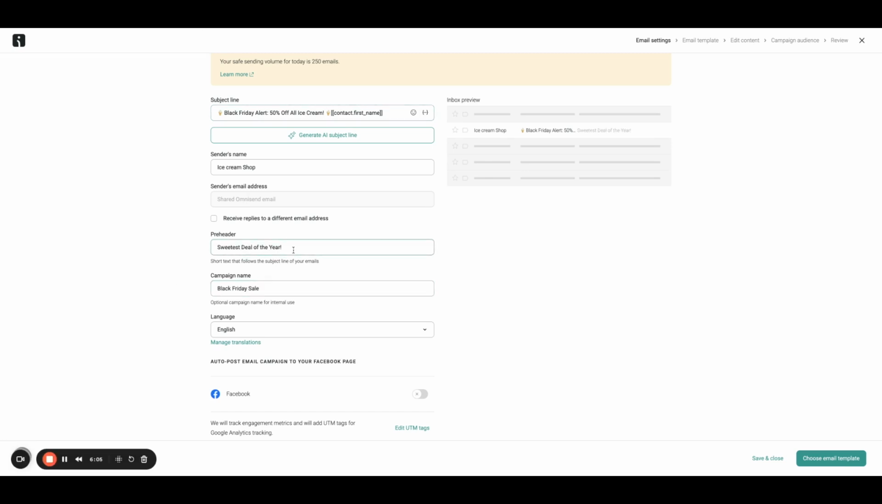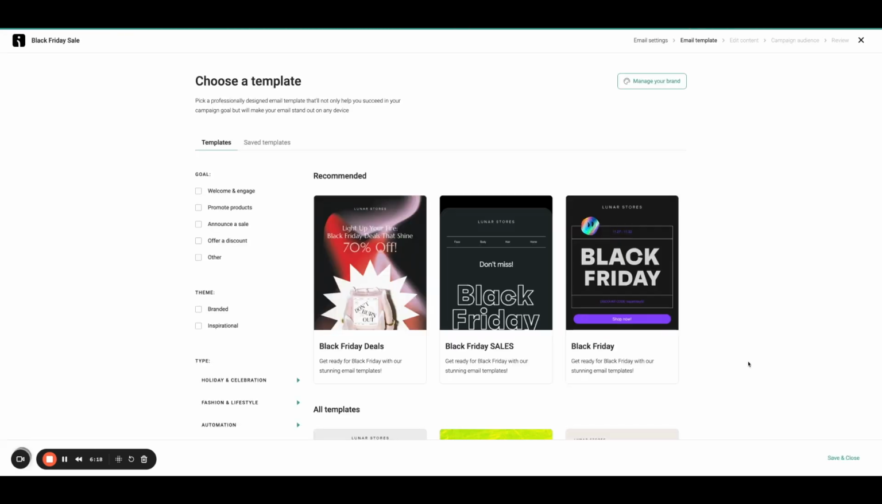So we entered our pre-header, which says sweetest deal of the year, and then I entered my campaign name. So this is just for my organizational purpose, and I am going to click choose email template. So this is the first step that you're going to see if it's the first time you're creating an email